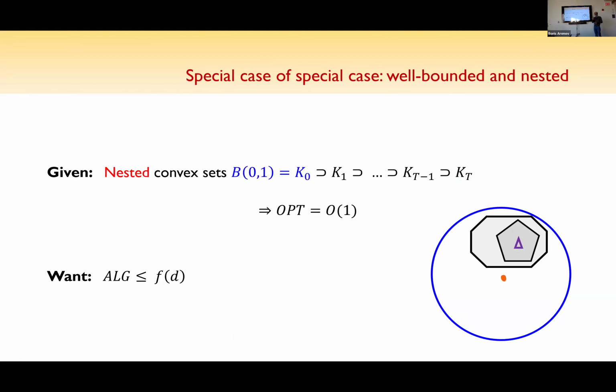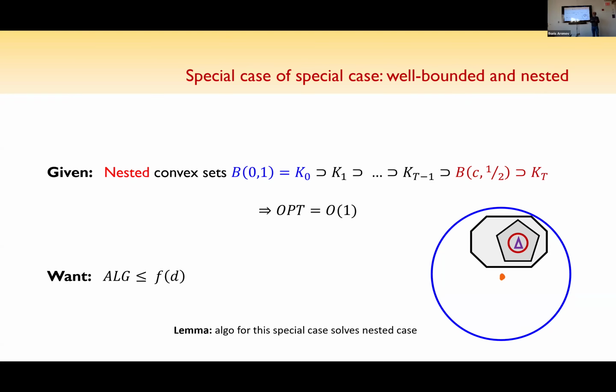One more thing. Suppose I reach a point where my sets lie inside a ball of radius half. I started with the ball of radius 1. After a little while, I realized, not to scale, but whatever, inside a ball of radius half. I can forget everything I know and just recurse on this part.